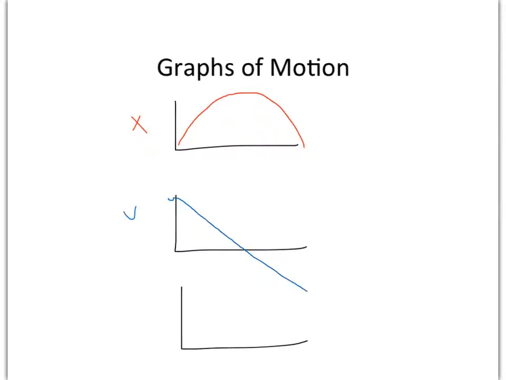And finally, acceleration versus time. This will be kind of hard to do because I didn't draw my graph very well. It's going to be a negative acceleration, right? So I should really have extended this graph down below. The acceleration will be a negative value. If we're talking about free fall, it's going to be a constant negative 9.81. All right, so that is just some of our basic ideas around the principle of free fall motion